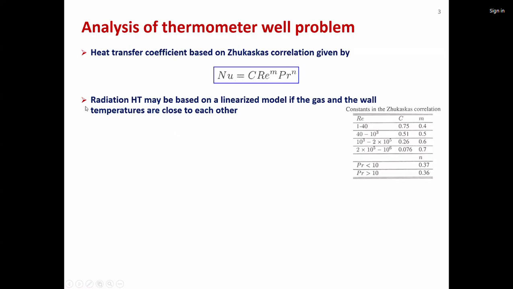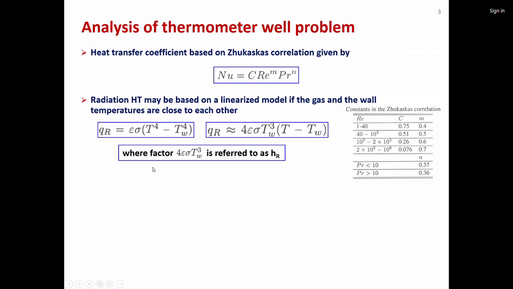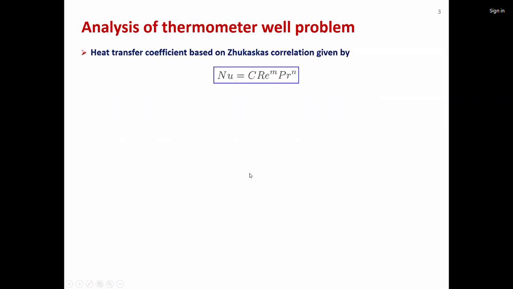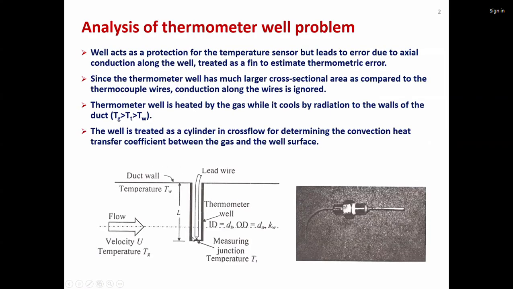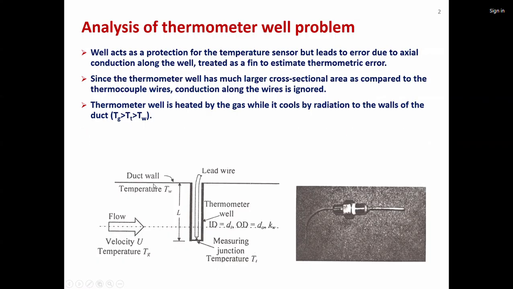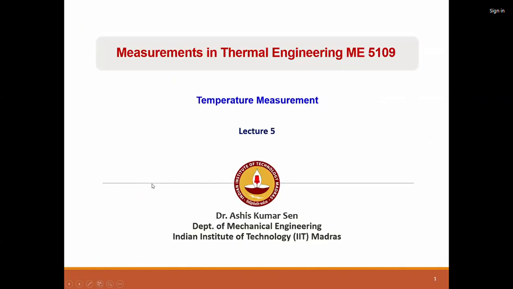You can also analyze the radiation heat transfer. Typically, the radiation heat transfer takes place between the temperature on the surface of this well and the wall, but the temperature will vary along the height direction, the x direction here. So it is temperature of that to the power 4 minus temperature of the wall to the power 4. That is how we estimate